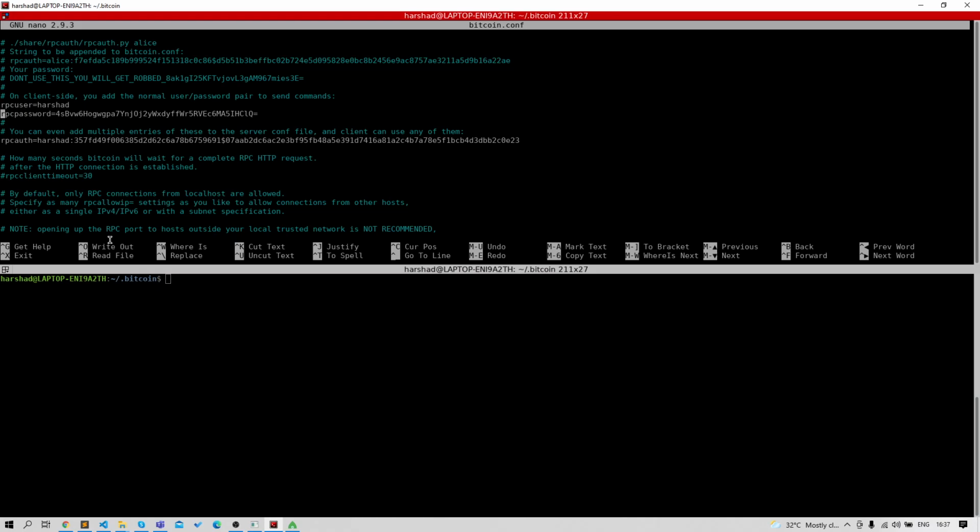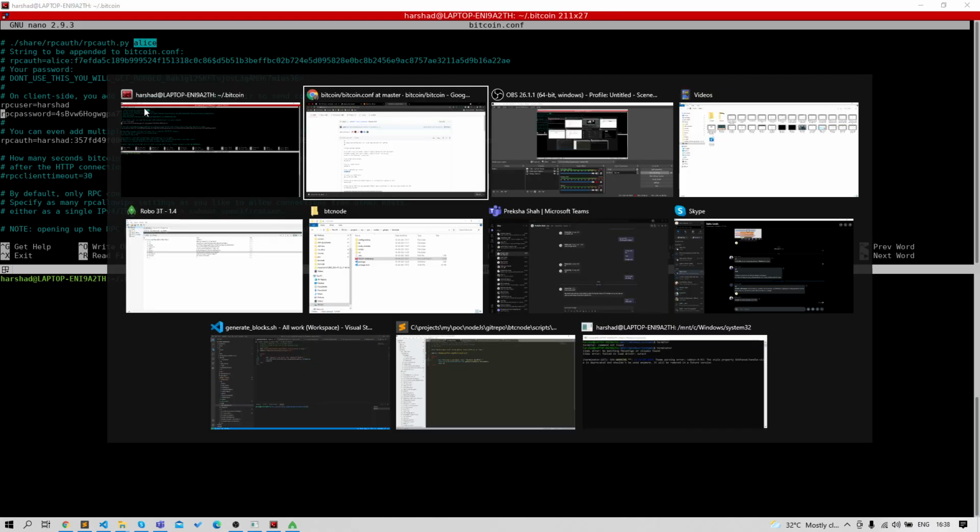But first, how to generate these credentials is important. Here you see this file, they give this path share/rpcauth/rpcauth.py, and here we need to execute this py file with the Python command, and we just need to pass the username over here. So let me show you how we can do that.